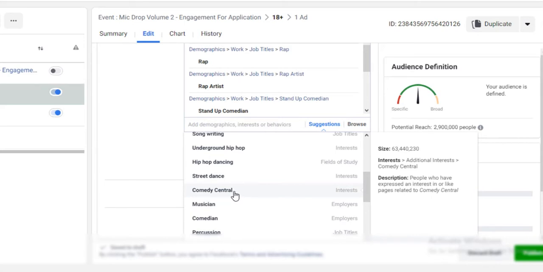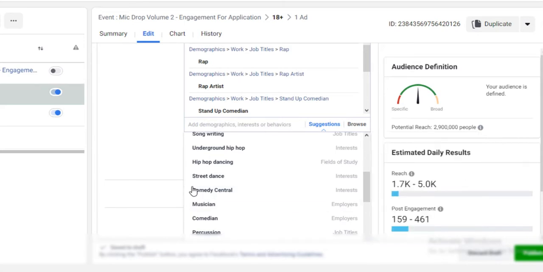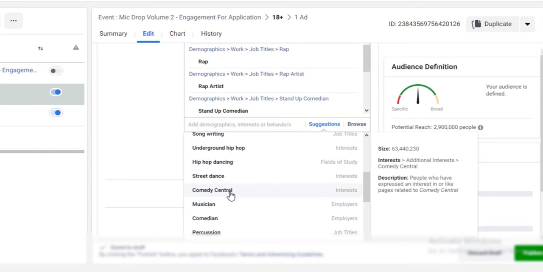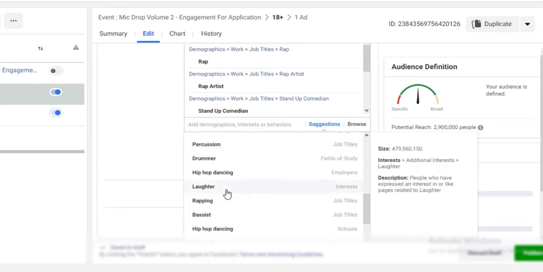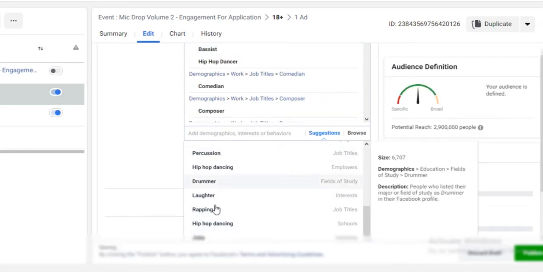Similarly, there's another page called Comedy Central. I've seen a lot of funny videos on that page. You can also target specific pages. It's worked well for me, and it can work for you as well. All that matters is how much you test your audience. I've tested out different audiences, and so far not targeting at all really helps me when it comes to getting event response. So you can add as many options as you want: drummer,